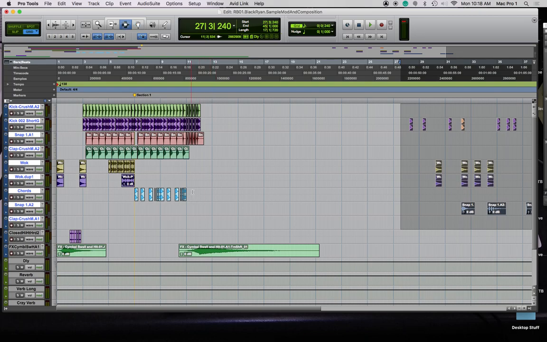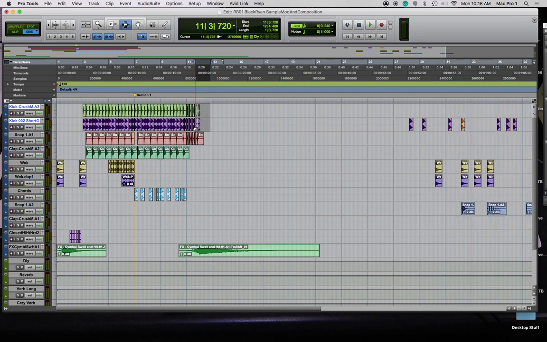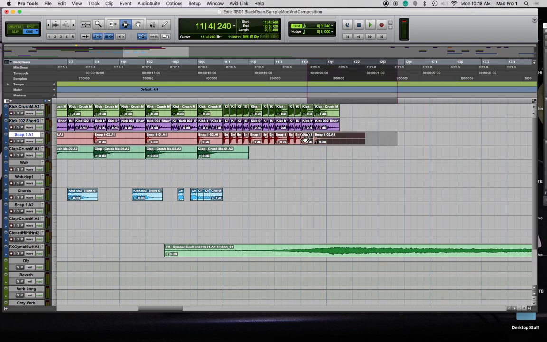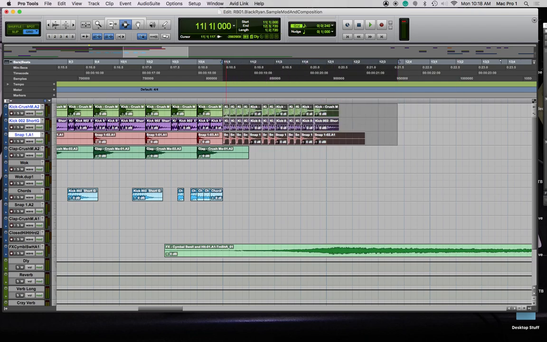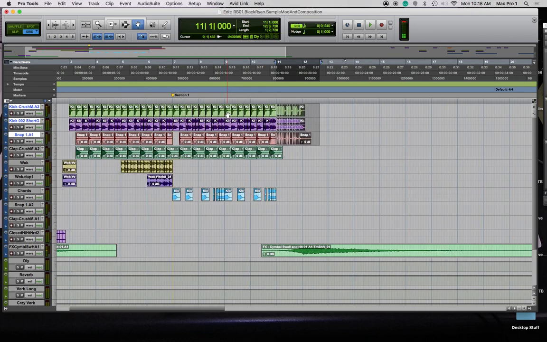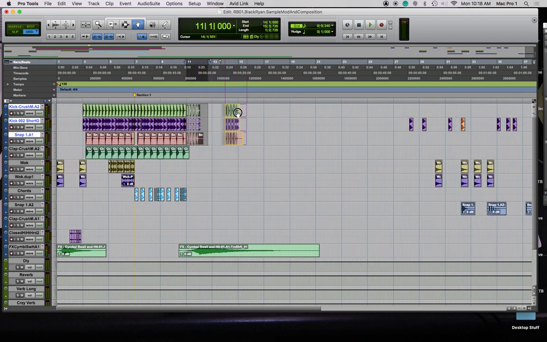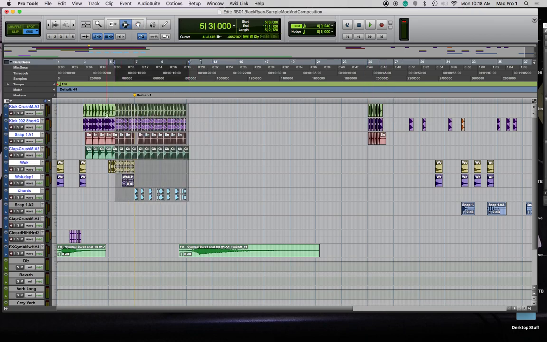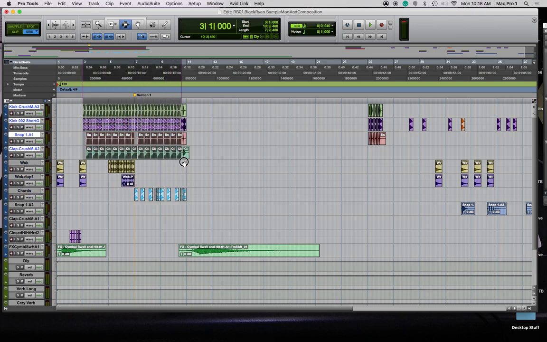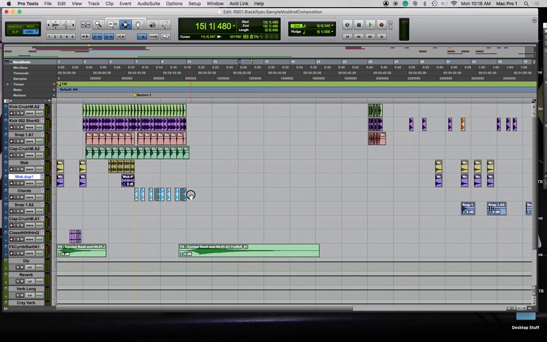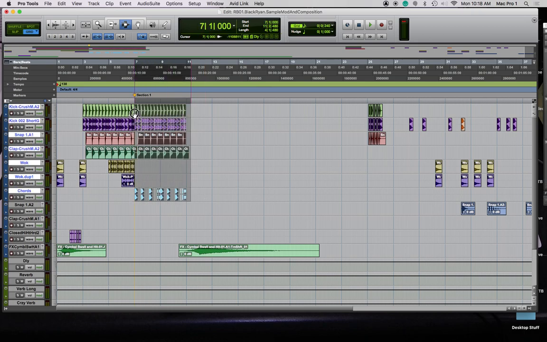So very quickly, using some basic functions, we are getting to a point where we can start to have a mix and start to have a composition. And none of this has been music theory. I haven't touched a MIDI keyboard or a controller or anything like that to make it happen. So I'll come back, show you the ending, and we'll